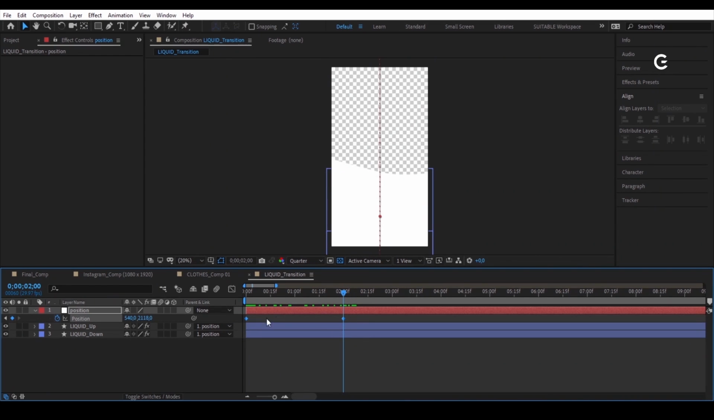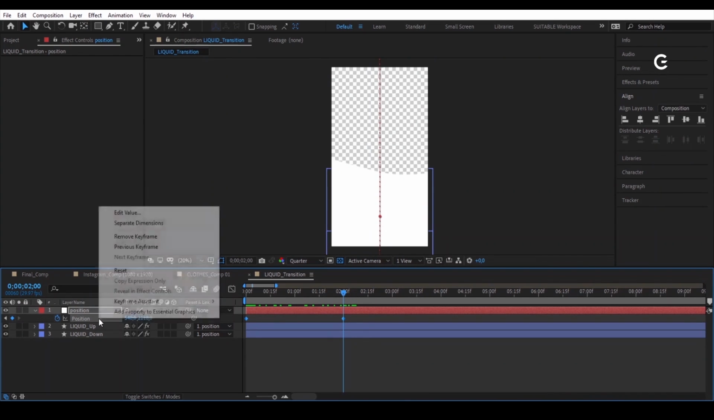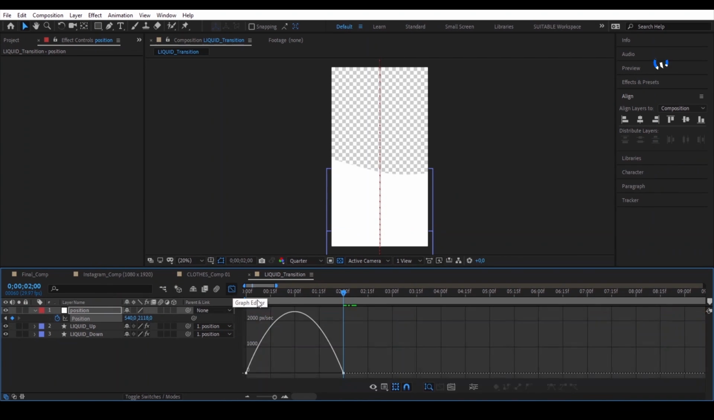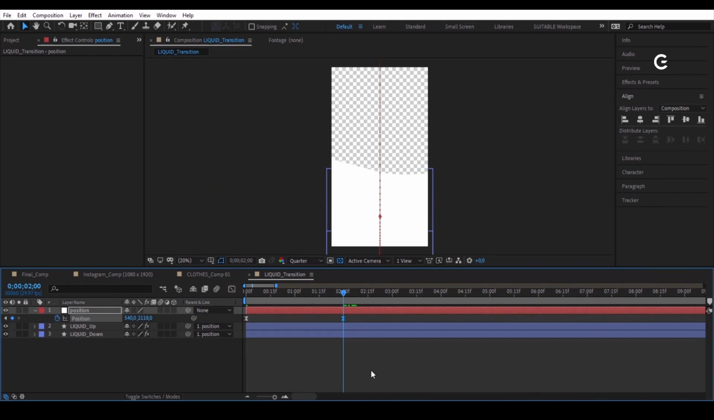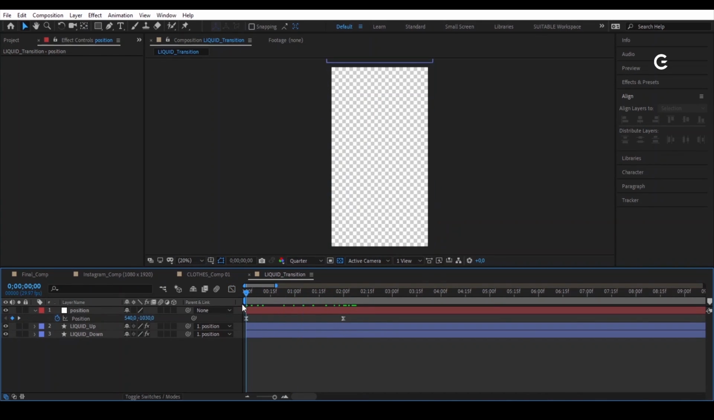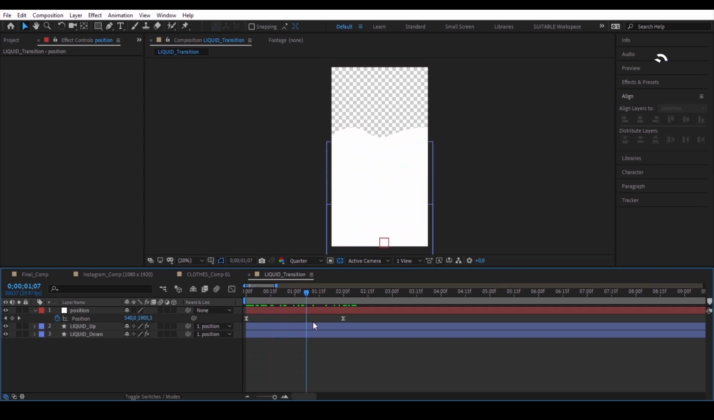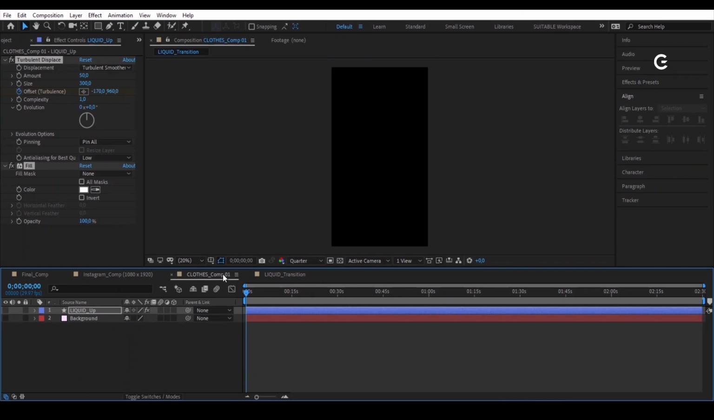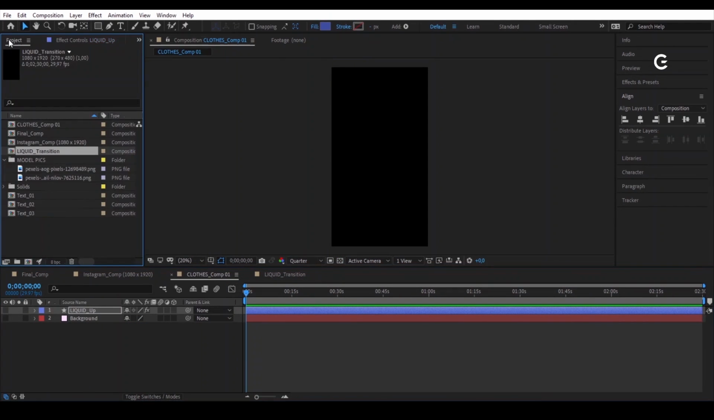Select both keyframes and easy ease them. Go onto the graph and edit the speed. You should now get something like this. Great! Go back to the Close comp, and on the Project panel, you will drag the liquid transition to the